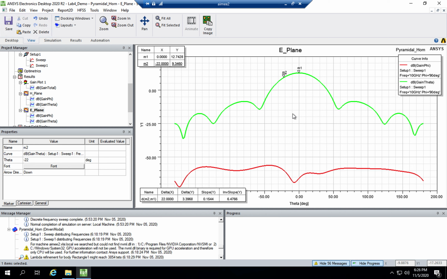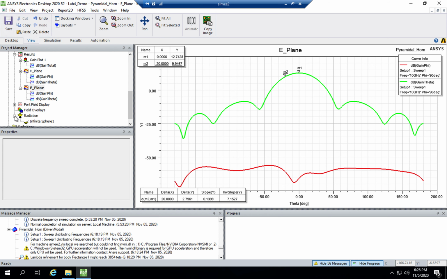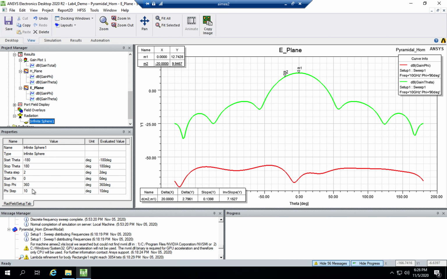So if you move it so that it's about 3, it seems like it's between these two angles. What you can do is increase the resolution without having to rerun the simulation. So here, if you go under infinite sphere, you can increase the resolution. If you just do a step of 1, it might take some time to calculate,